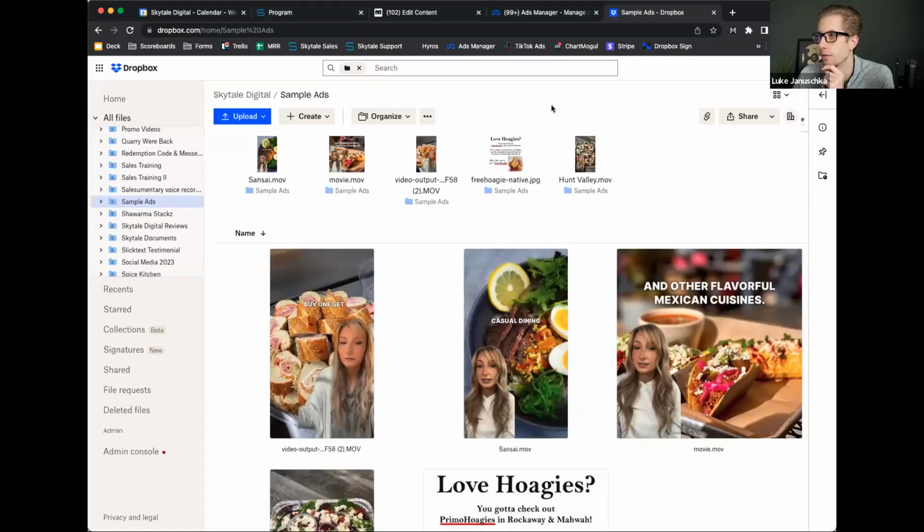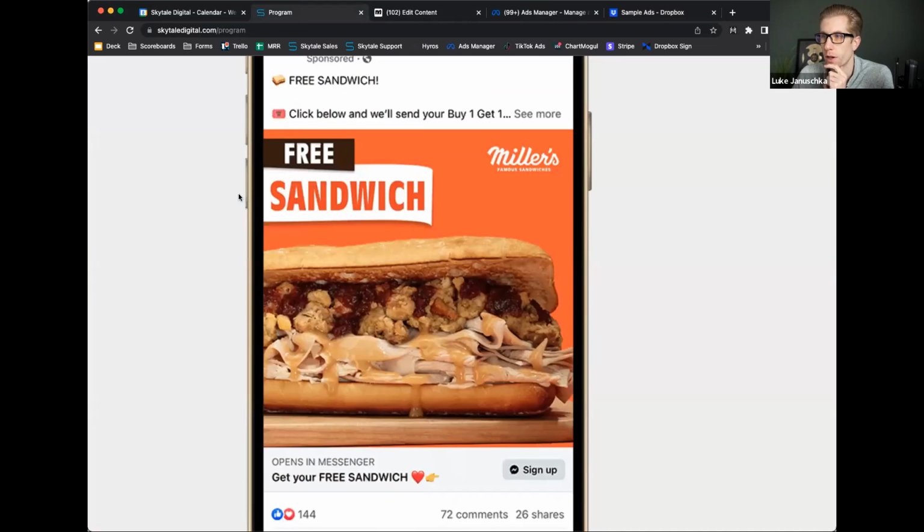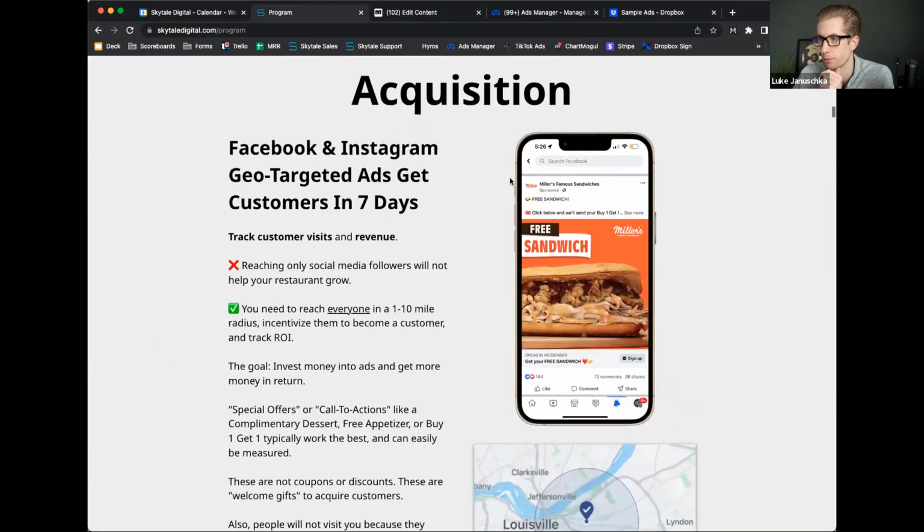Covering today is this part of our program right here. This is the acquisition, okay? So this is the acquisition where you can run paid ads